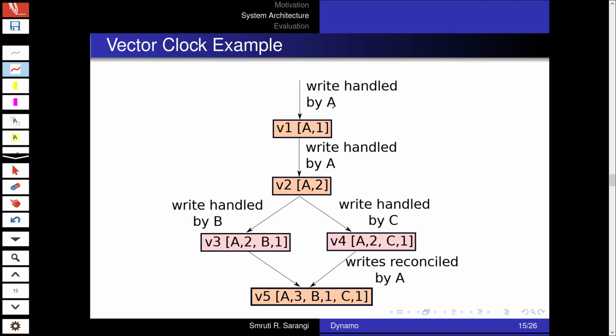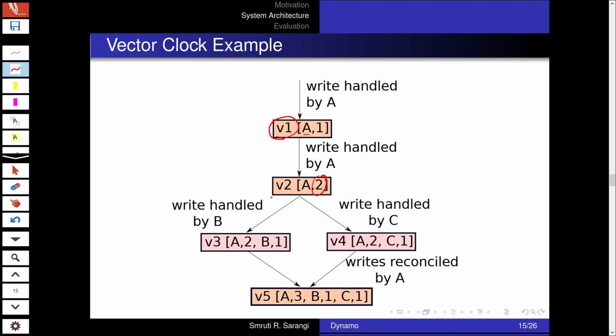So this is how an example would look. Let's say there is a write operation which is handled by server A. So the first vector clock V1 would look something like this, that this is version 1 created by server A. Then again, if there is another write that is handled by server A, it will just increment the vector clock and make it A2.